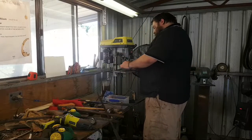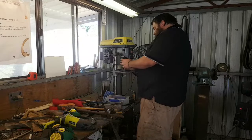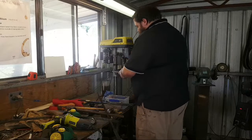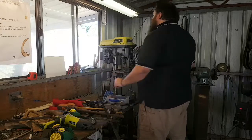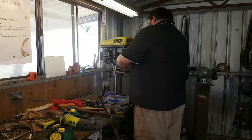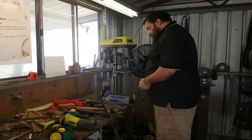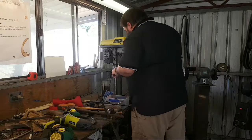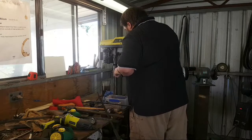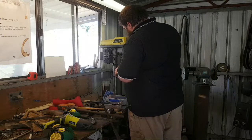I've made the switch to using only cobalt drill bits, pretty much. I'm slowly building up a collection, because these things will cut through most stuff. Like, for hardened steel, I still want to use tungsten carbide, but basically all of my other drilling is now done with cobalt. And no, I didn't set a bunch of these. I'm going by eye, which isn't the smartest way to do things, but